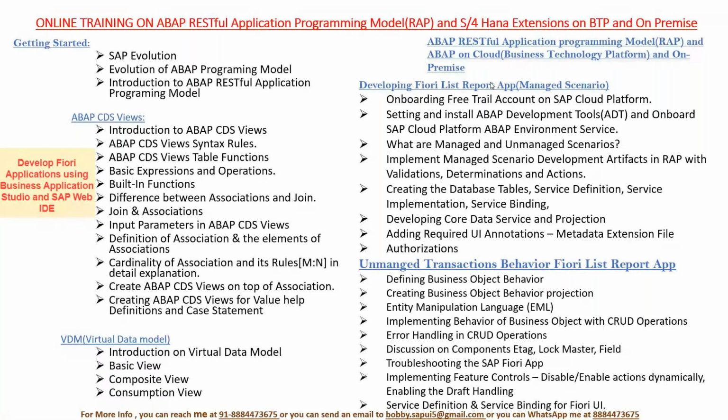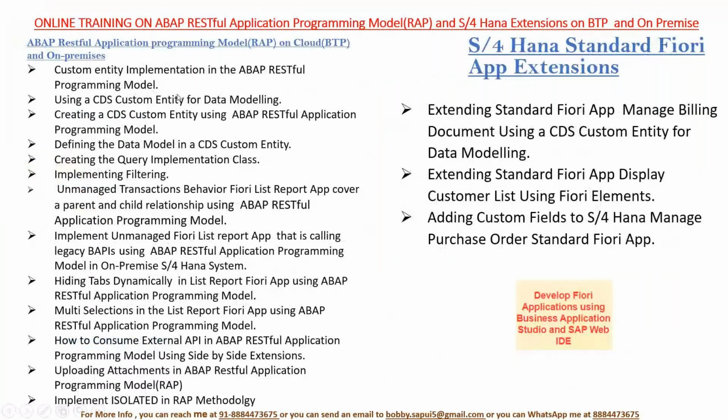Then what is custom entity in RAP. What are the query implementation classes, how to implement filter, how to do the parent and child relationships, how to implement BAPIs also in RAP methodology in the on-premises system, how to hide tabs dynamically,